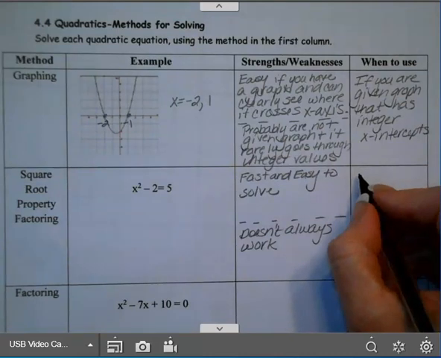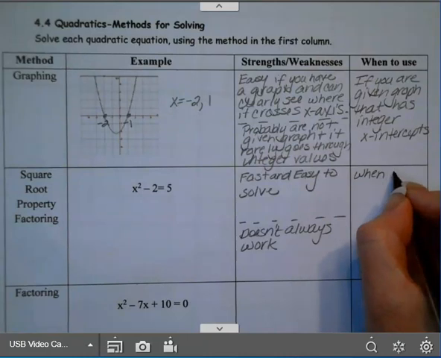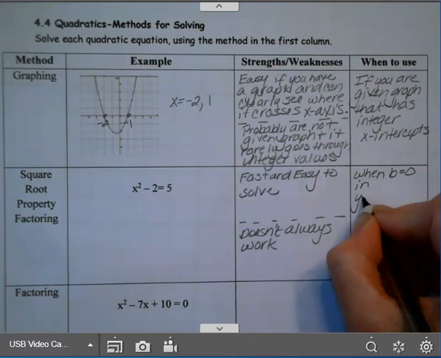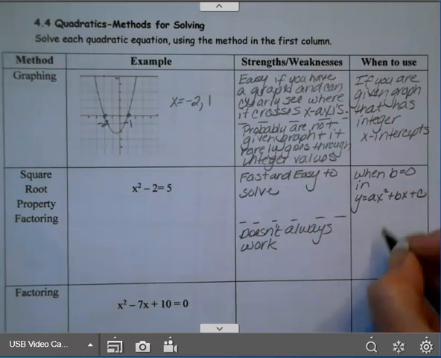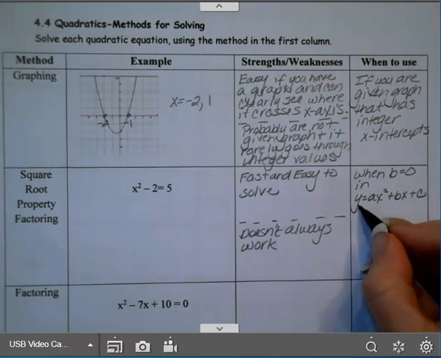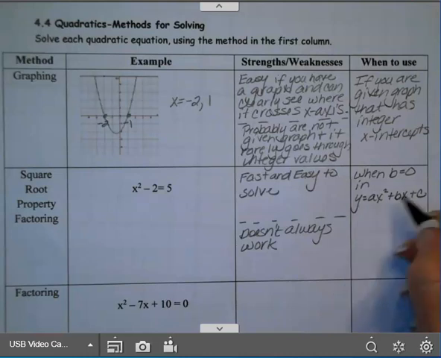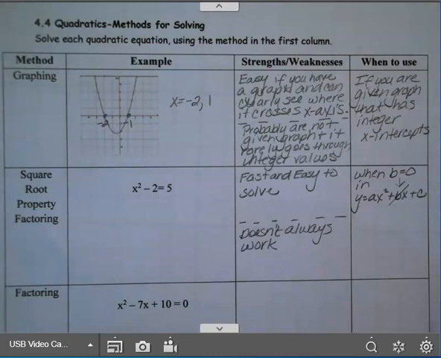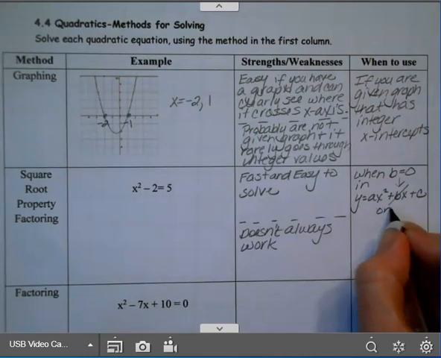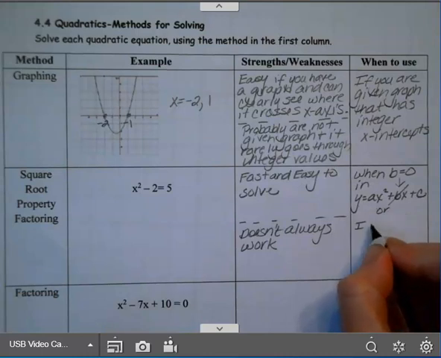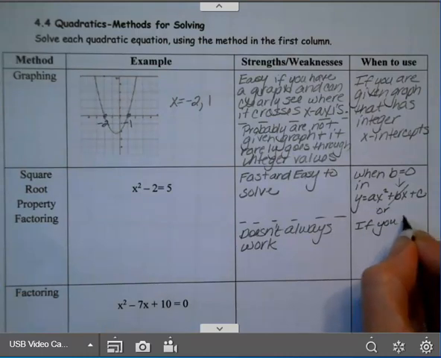You're going to use this method when b equals 0 and y equals ax squared plus bx plus c. And of course, you're setting the y value equal to 0 when you're solving a quadratic. But if you don't have the bx term, if that one's 0, this is a good method to choose. Or if you have